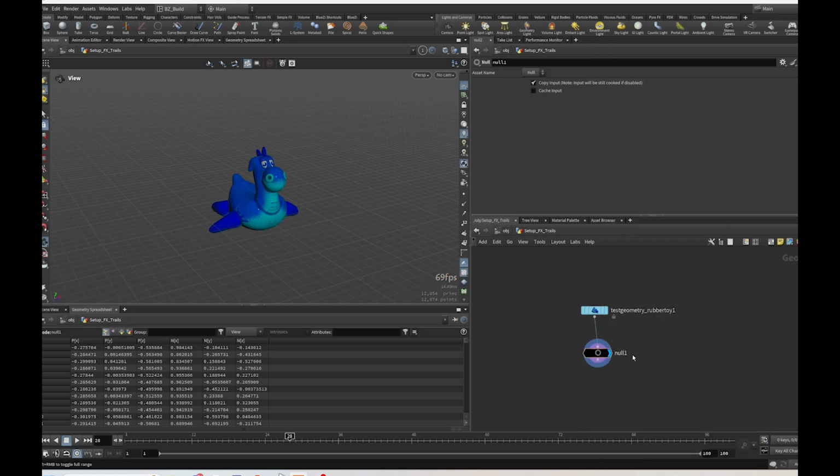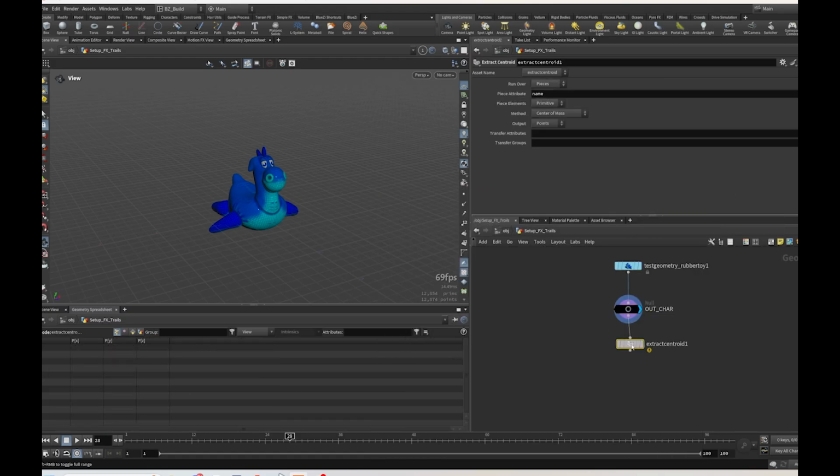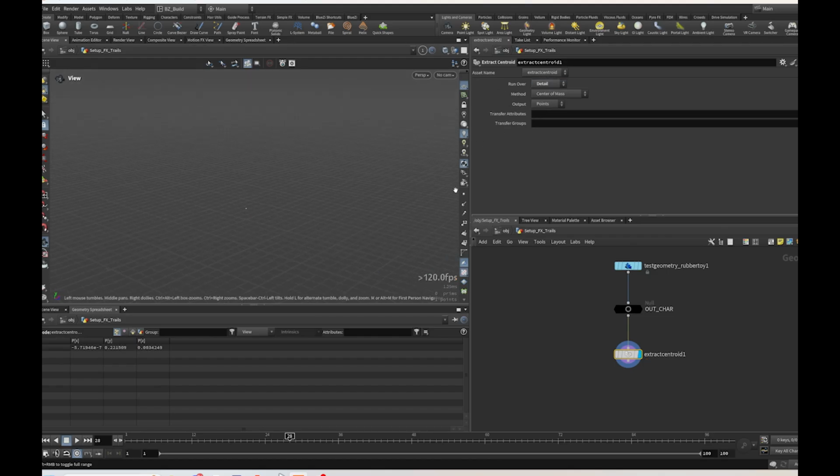and name this as ultra. So we can easily reference this node later on in the Solaris stage, and then we need to extract the centroid of the rubber toy, and then the variable should be detail. So we can have a point in the middle of this object, and then we can